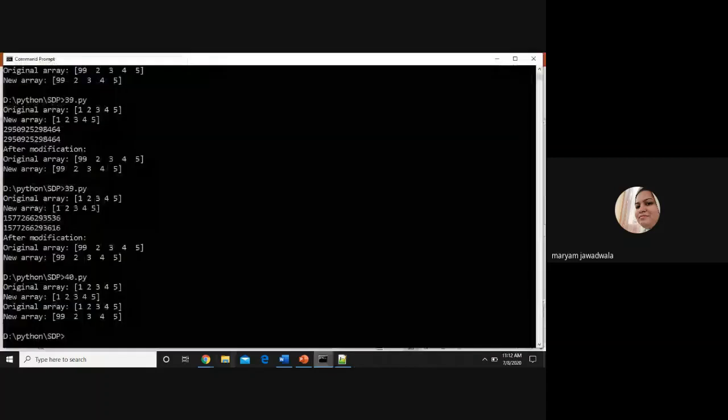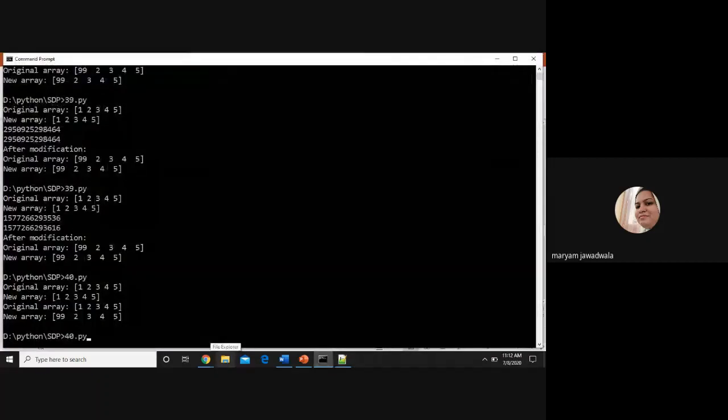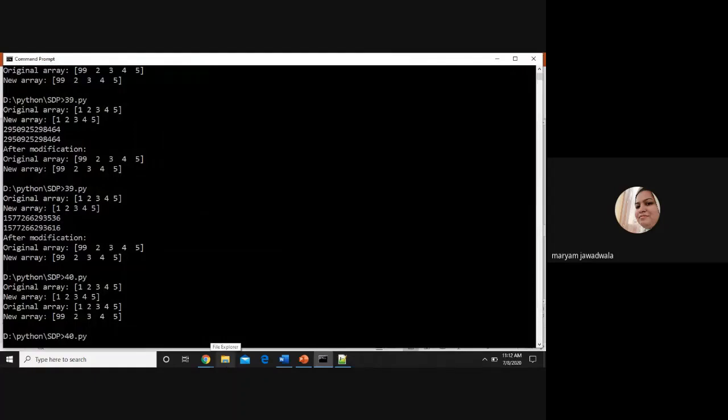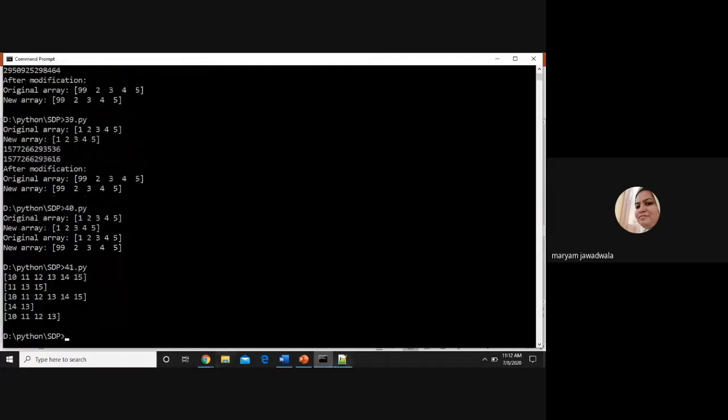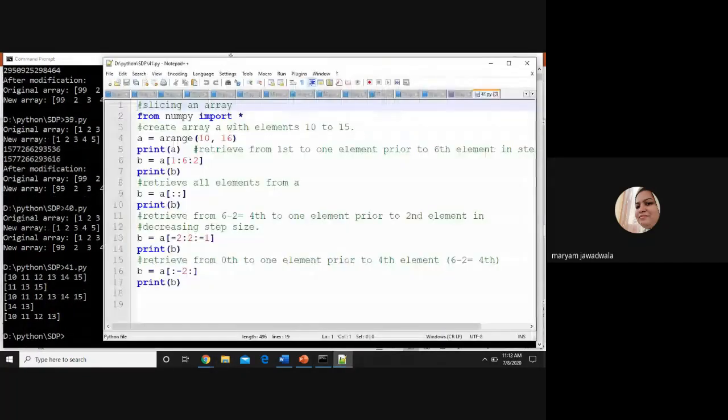So we'll run this program first and check the step by step execution. Now I open the program here. The first print statement will display the elements from 10 to 15, 1 less than 16. How many elements are there? Total 1, 2, 3, 4, 5, 6 elements are there in my array a.